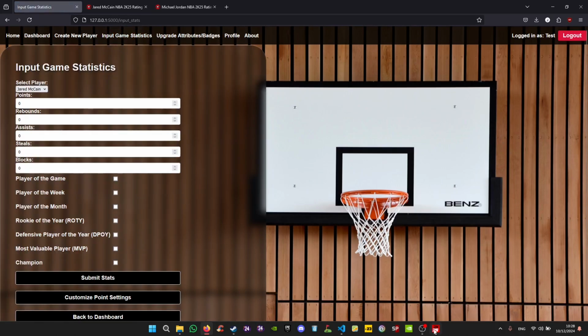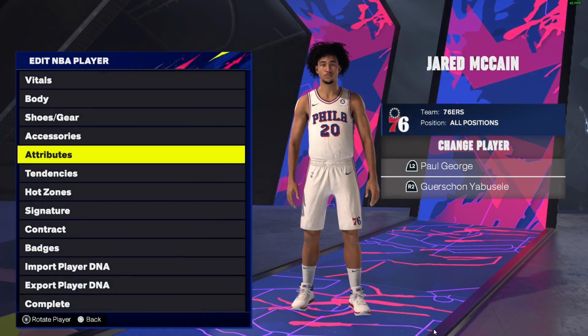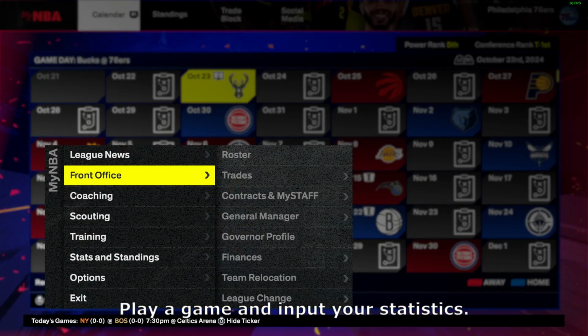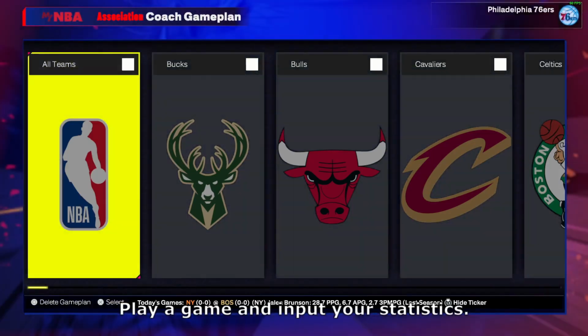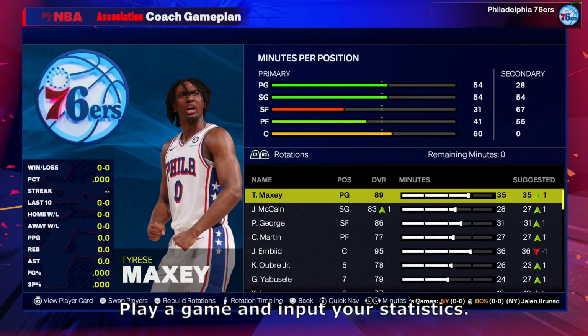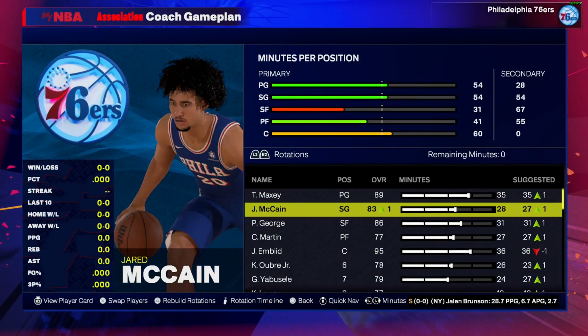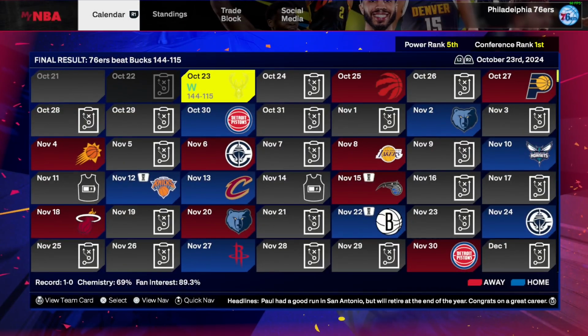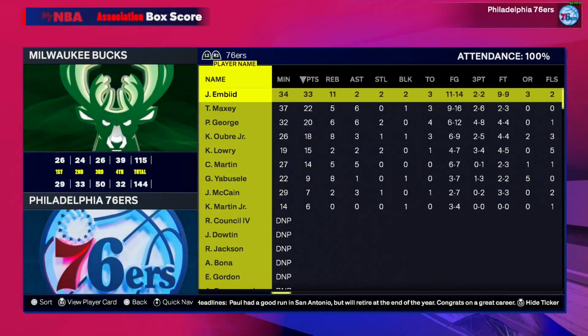And then what you do next is you would play the games. In this case, I'll simulate the game, but generally in a career you would play the games. Make sure he has some minutes because you'll need some minutes to score points and to be able to upgrade. In this case, I'll quickly simulate the game. Look at the box score